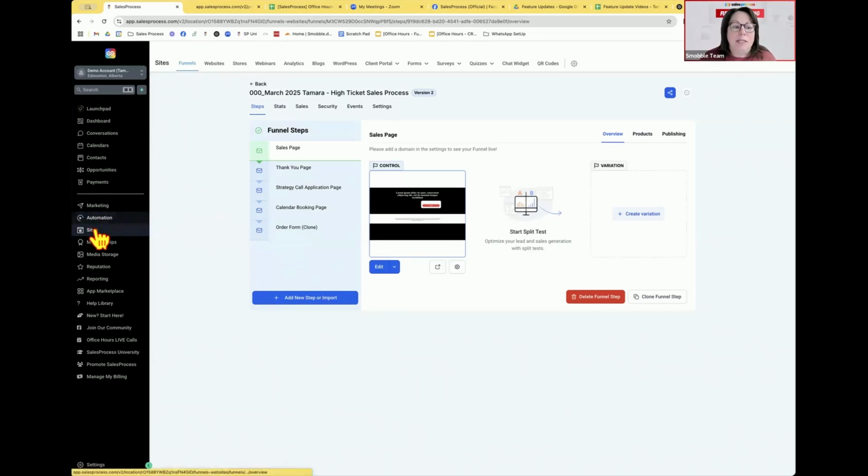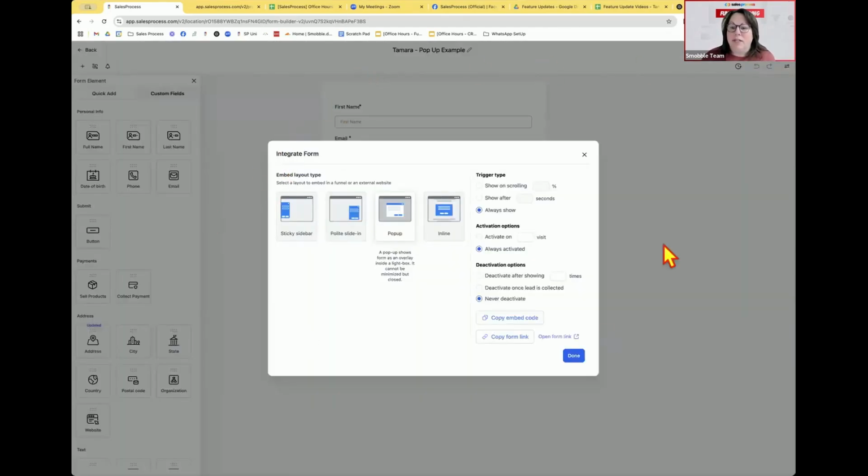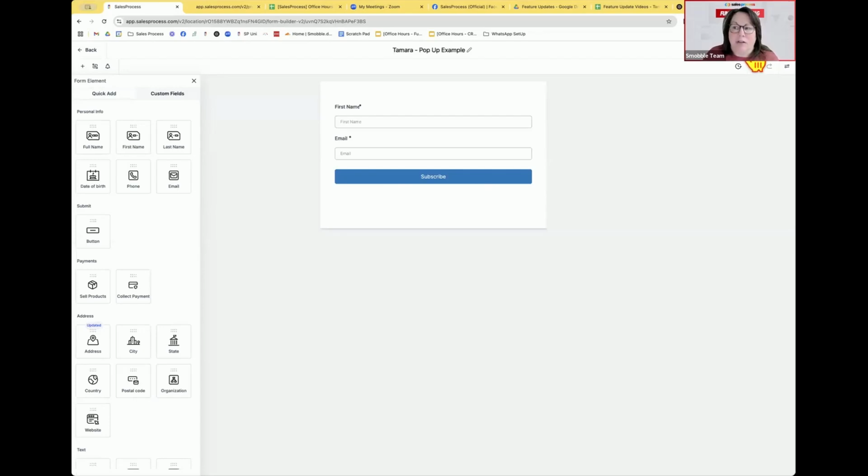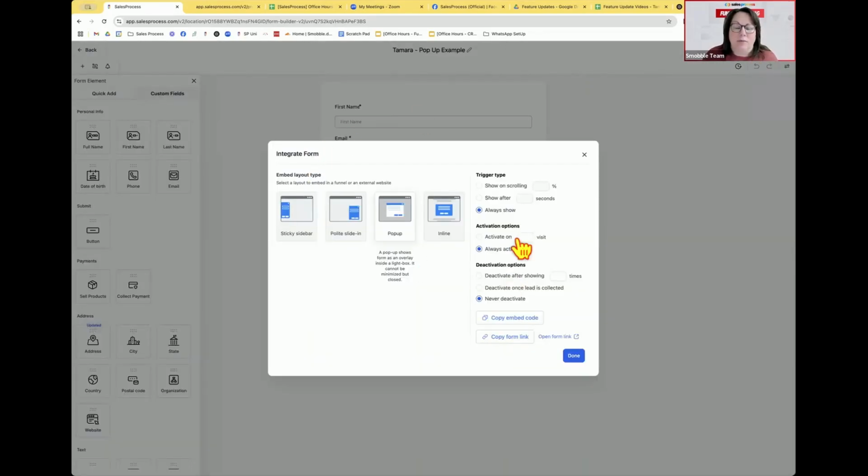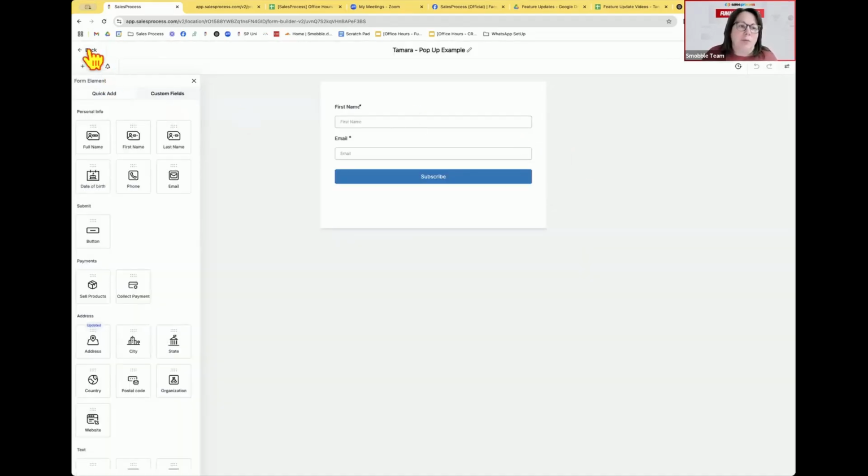But for today's homework, what I'd like to see is that you know where that feature is for having the pop-ups in the form builder. So I want you to show me your form that you built, your pop-up example, and also take a picture of this page as well, because I want you to know that these are options. And because it's a kind of hidden feature, I'm going to make it part of the homework today, just to make sure everybody gets to experience this and knows where they have to click to get that to come up. That's over here in the right-hand corner. You just click on integrate, that form comes up, take a screenshot of that,